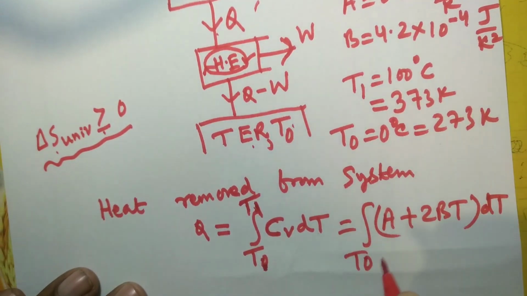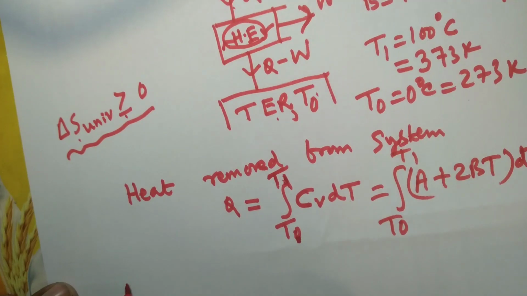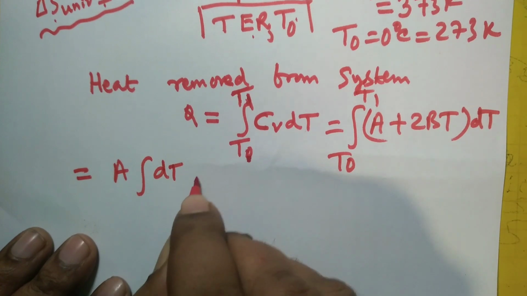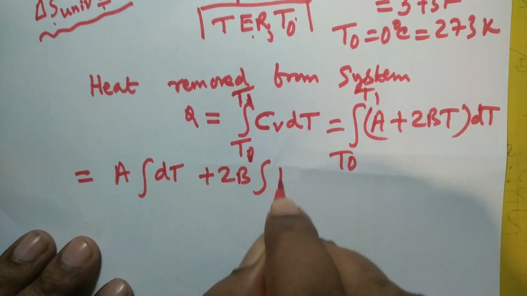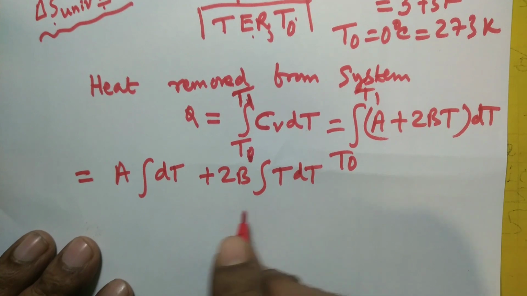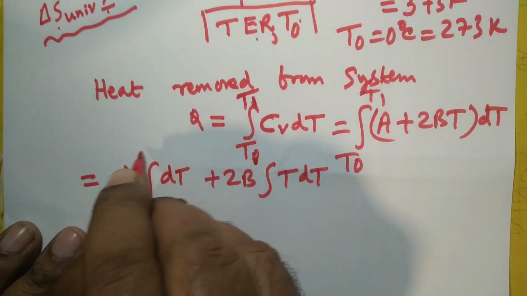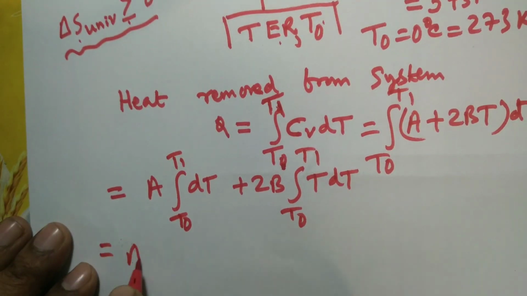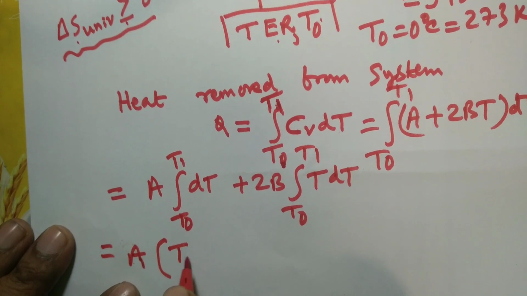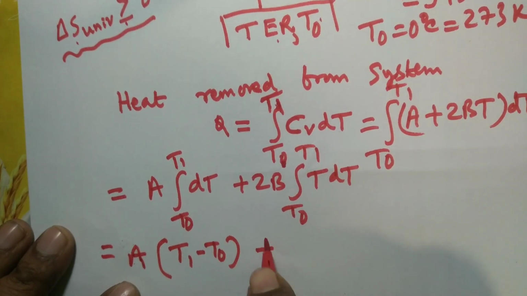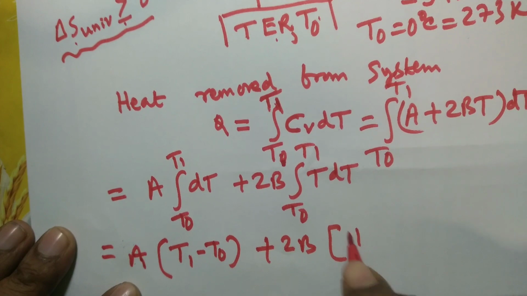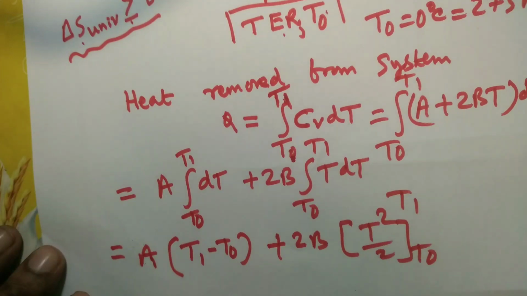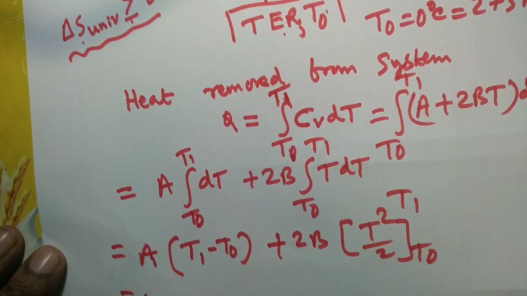The limit is from T0 to T1, and this is equal to A dt plus 2b T dt, because 2b is a constant, it can be taken outside. So from T0 to T1, this is also from T0 to T1, and this becomes A (T1 minus T0) plus 2b T square by 2, from T0 to T1, and on calculating this comes out to be